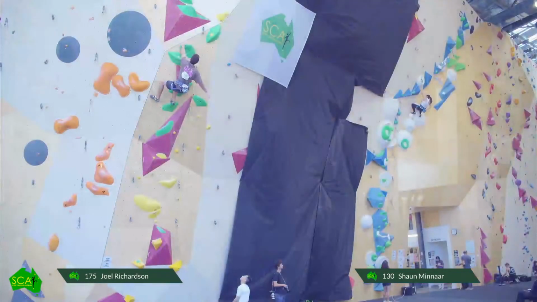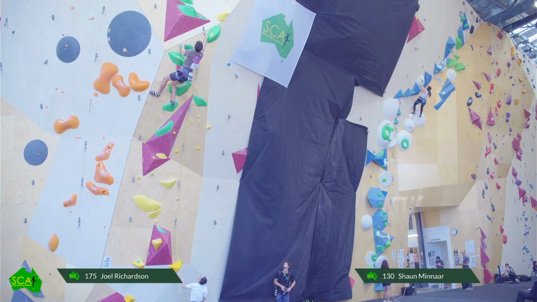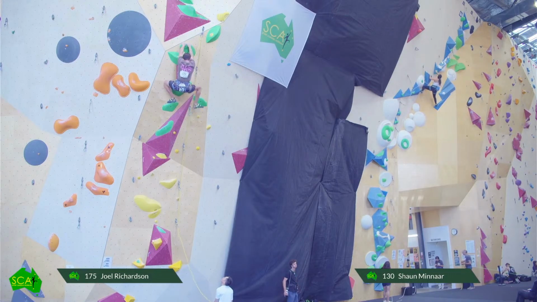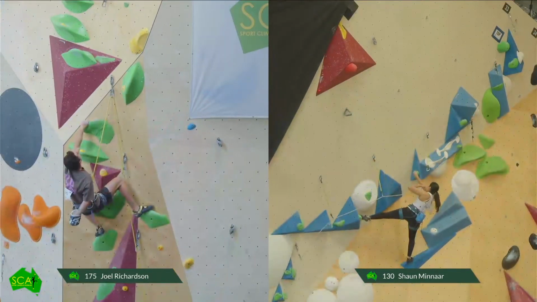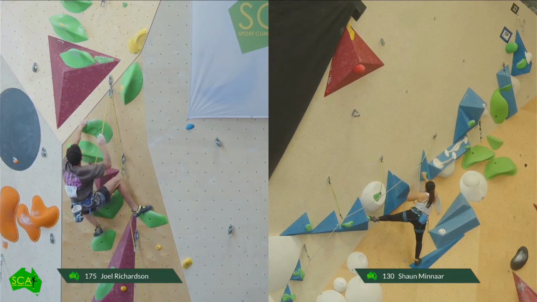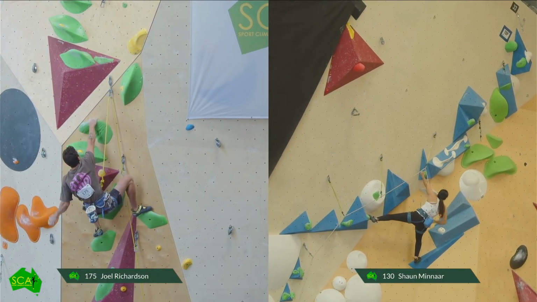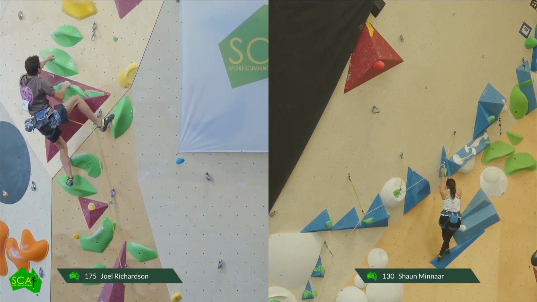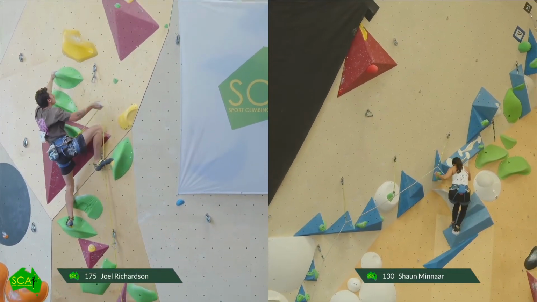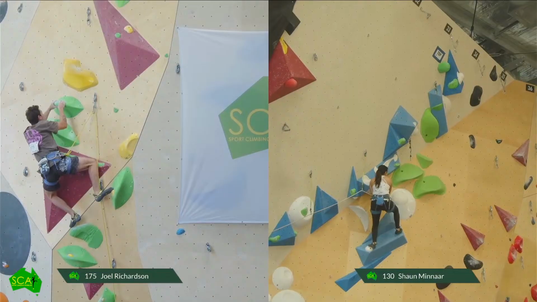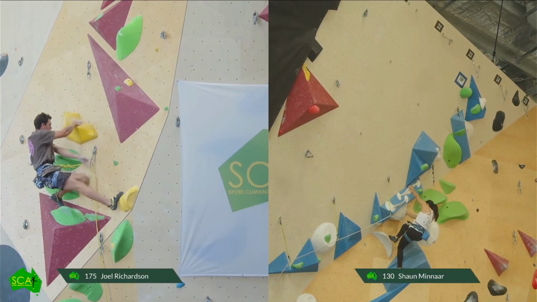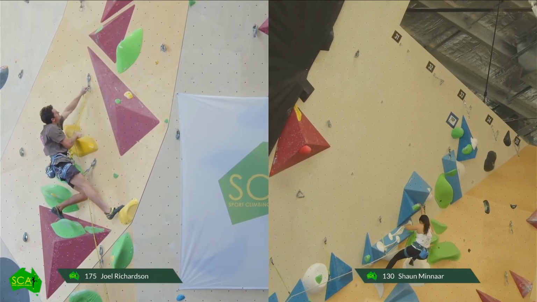He needs to make a top on this one because, well, actually he doesn't need to. He can do a plus to the top hold but still not make it to win. But I'm sure if he gets that close to the top hold, he'll want to make a top complete, as you would as a competitor. Climber moving confidently. Joel moving quite fast actually, quite fast and efficient. Looking fairly strong, even clipping from the sloper.